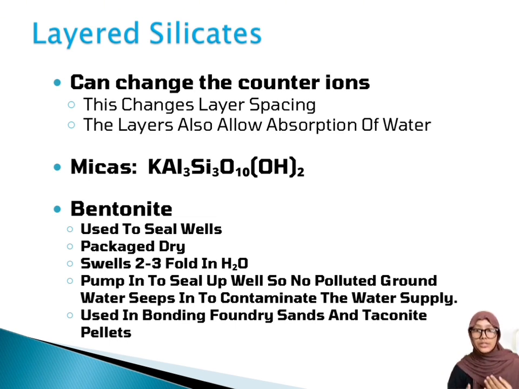Next, the slide shows the layered silicates' properties and applications. These layered structures are very flexible. We can change the ions between layers, which changes the spacing. Also, water can enter these layers, making the material expand. In this case, it shows 2 examples. First, mica and also bentonite. Bentonite is very useful in industry because it is used to seal wells, because it expands and prevents contaminated water